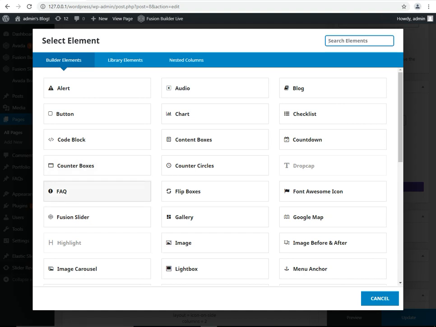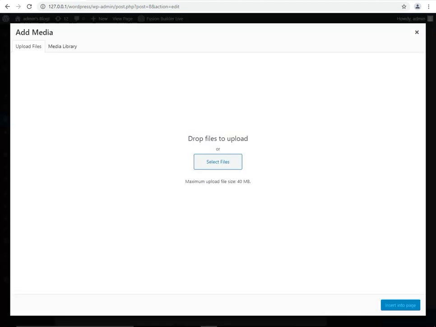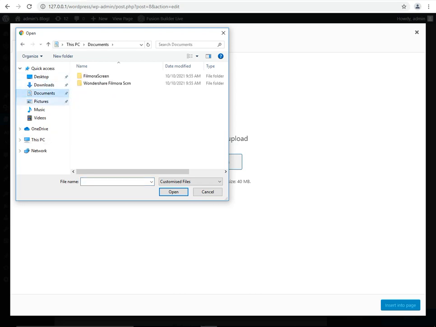Frequently asked question. You can add this type of element, but at this time we are not adding this. Image carousel. Bulk image uploads, you can upload different types of images from here, like downloads, documents, pictures.